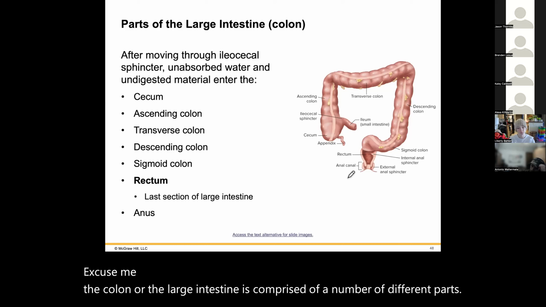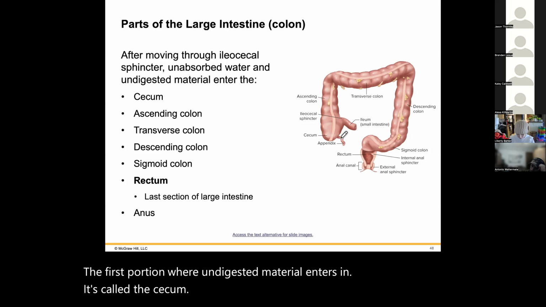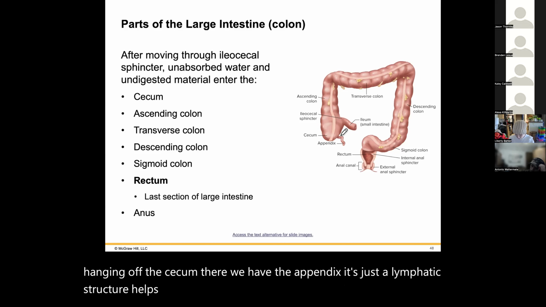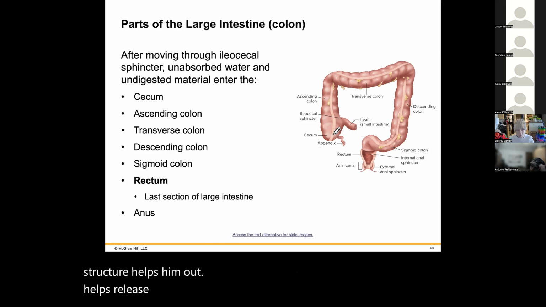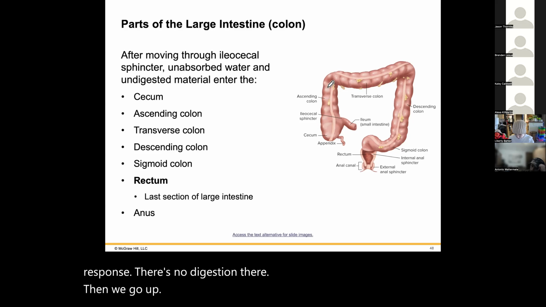The first portion where undigested material enters is called the cecum. Hanging off the cecum, we have the appendix. It's just a lymphatic structure that helps release content into the large intestine to mount an immune response. There's no digestion there. Then we go up the ascending colon,